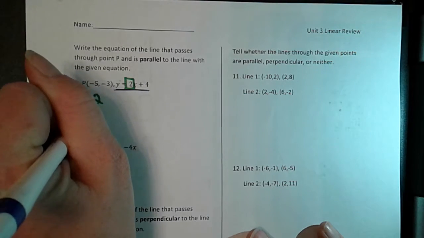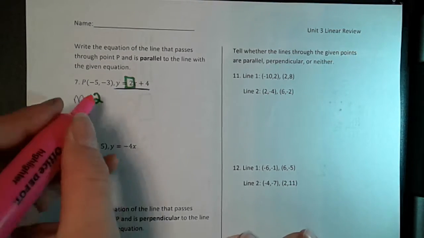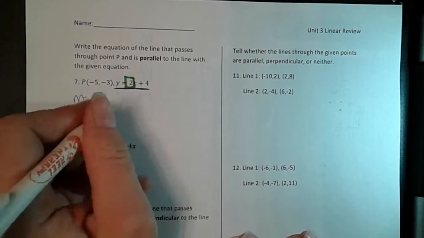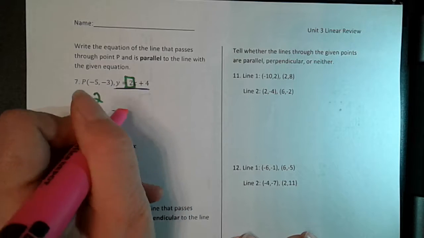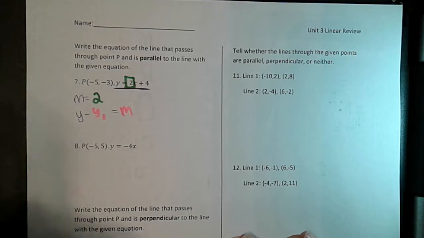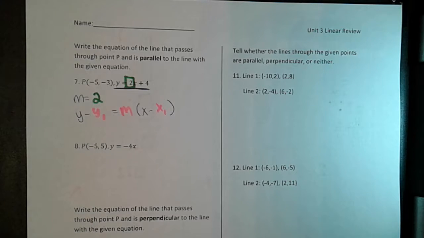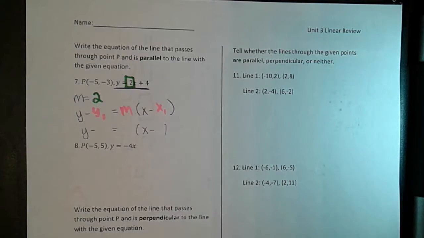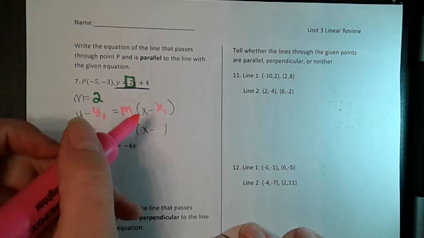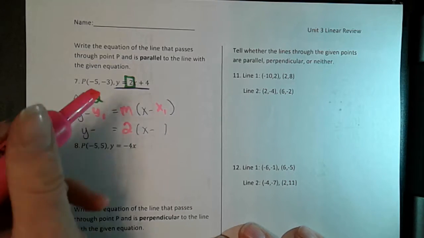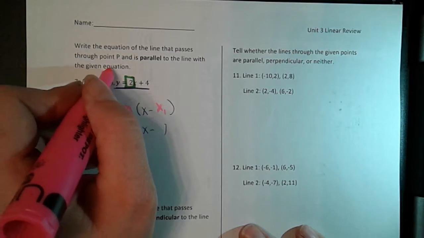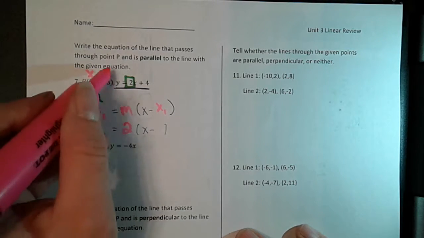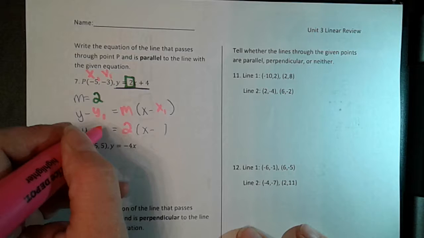So point slope form is y minus y1 equals m times x minus x1. And we just plug in what we know. All right, so y minus y1 equals m times x minus x1. Okay, we already know the slope. So the slope is going to be 2. And now we just plug in this point, right? So this right here is y1, and this is x1. Okay, this is the y coordinate and the x coordinate. So we put -3 in here,